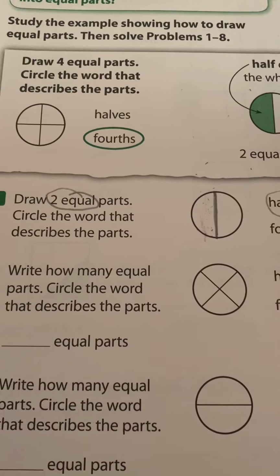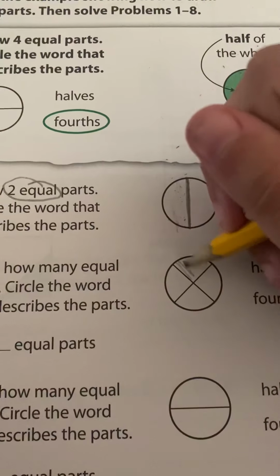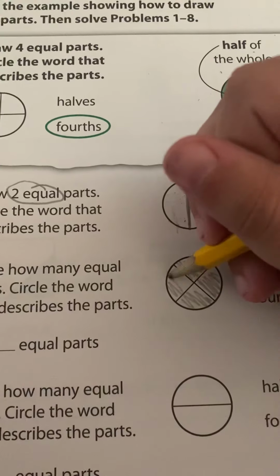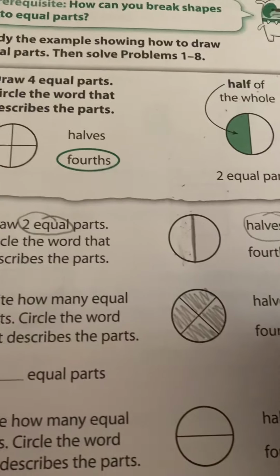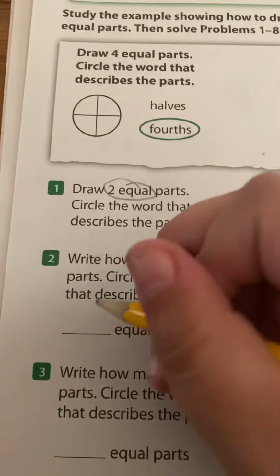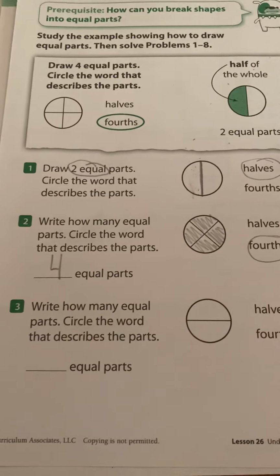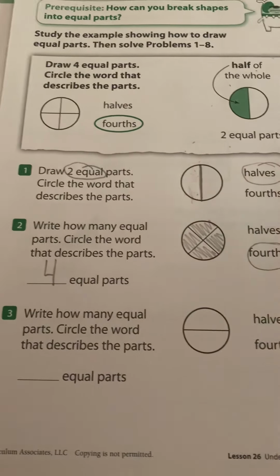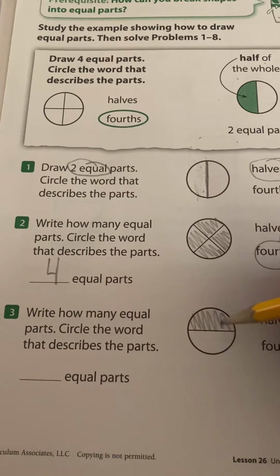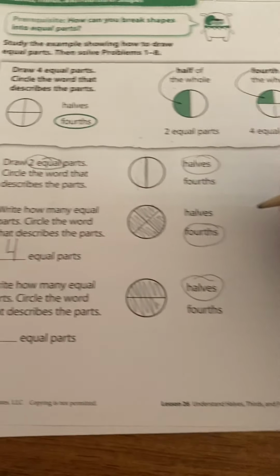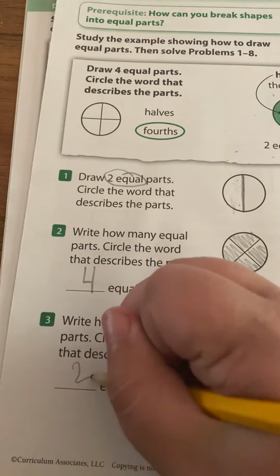Write how many equal parts. So there's 1, 2, 3, 4 equal parts. So it's fourths. And I'm going to write 4 equal parts. Number 3, write how many equal parts. So there's 1, 2 equal parts, and I know that's halves. So it's 2 equal parts. That one was pretty easy, so let's go over to